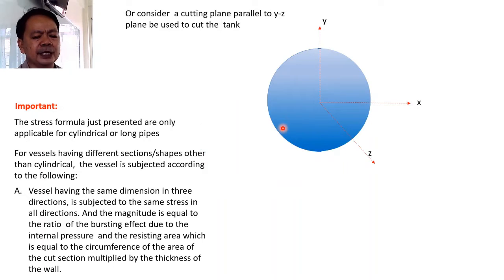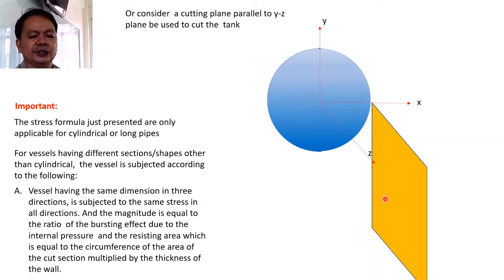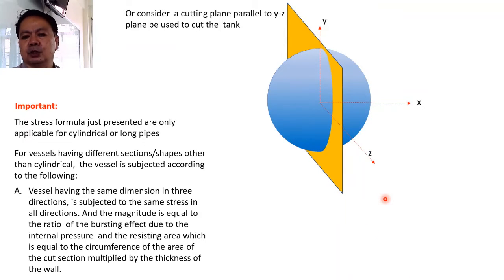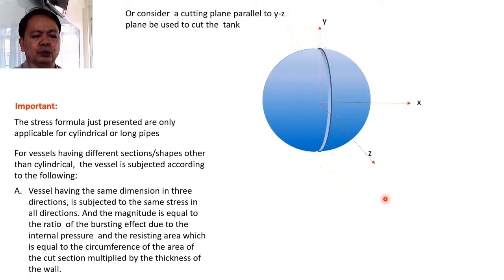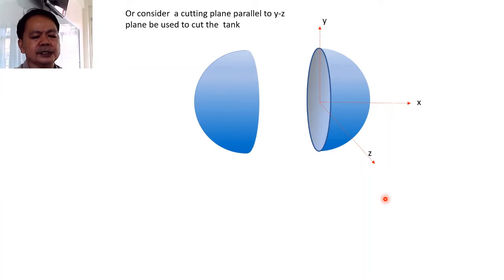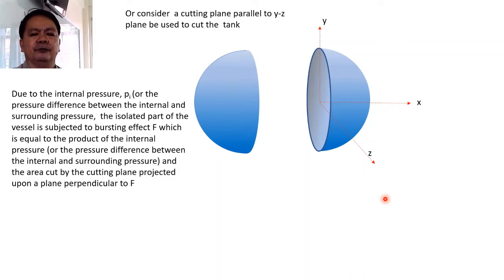And so if we have this part, let's say for example we have the K section and we consider the cutting plane to be parallel to the Y and Z plane. So you have the Y and Z plane. Imagine that this is our YZ plane. Kapag hinati natin siya, pinadaan doon sa ating section, then the section will be cut into two. And again, if we are to isolate the part, okay, we will be seeing here the magnitude of the pressure, the bursting effect. Sabi nga dito, due to the internal pressure, P sub I,